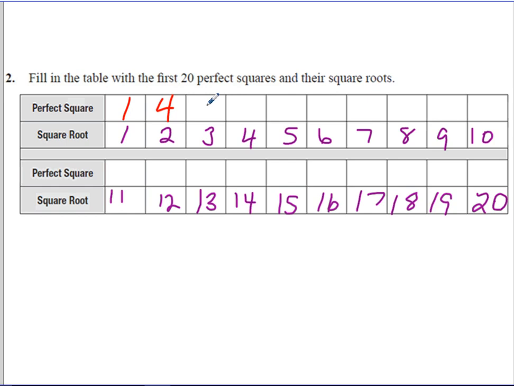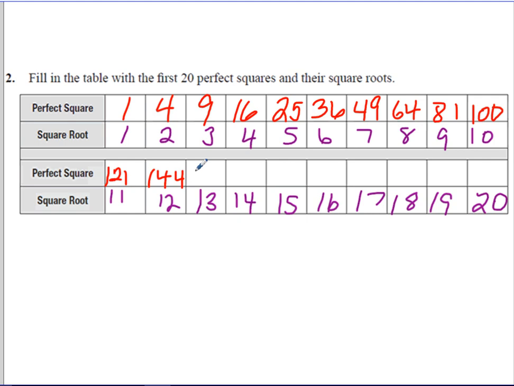And so we're just in the top column taking the number that we have, the square root, and multiplying it by itself or taking it to the second power. So 3 squared is 9, 4 squared is 16, 5 squared is 25, 6 squared is 36, 7 squared is 49, 8 squared is 64, 9 squared is 81, 10 squared is 100, 11 squared is 121, 12 squared is 144,